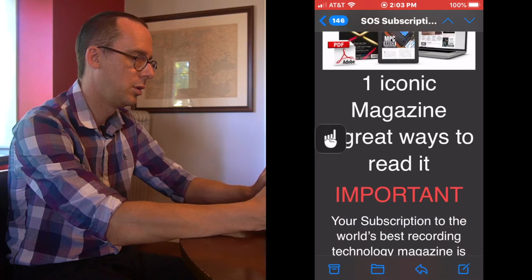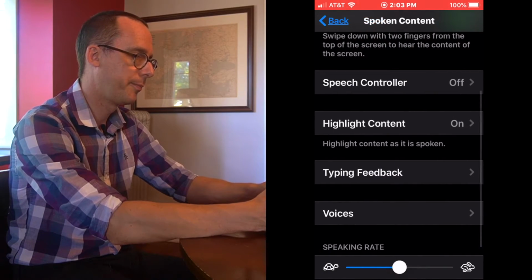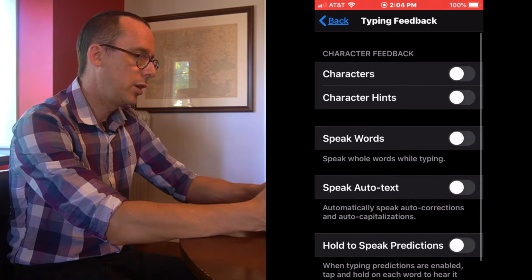And indeed, we did see some highlighting there as it was reading. So that can be nice. It can help us keep track of where the phone is reading from, as long as we have enough vision to see those highlights. Definitely good for example, people with dyslexia or something like that, who might benefit from a feature like that. Now, we can also